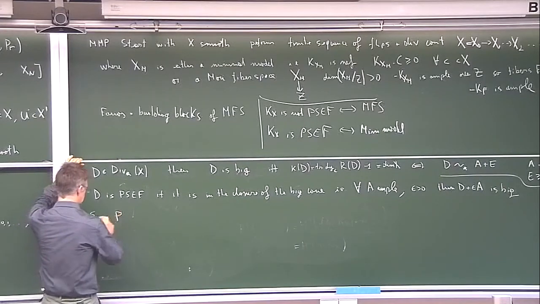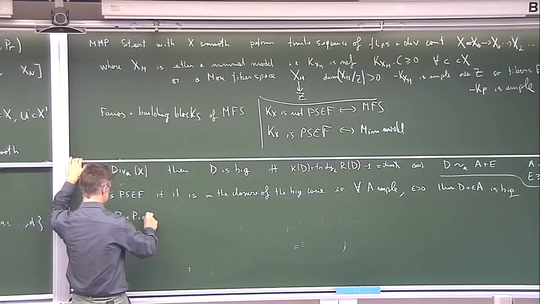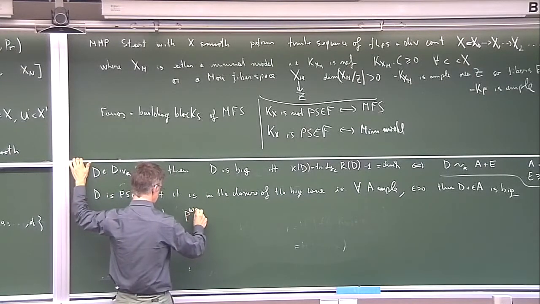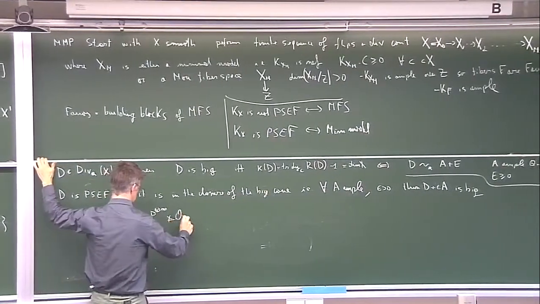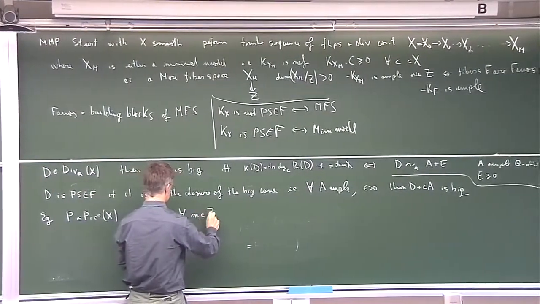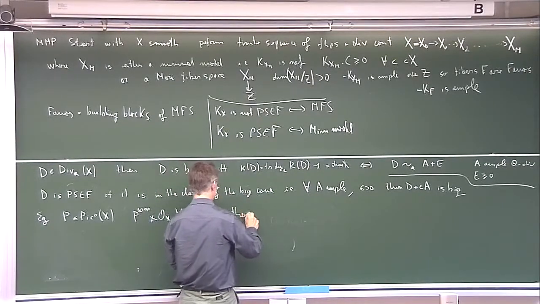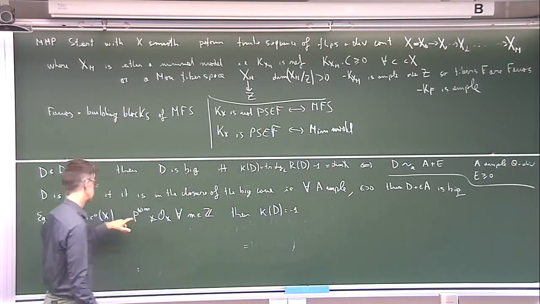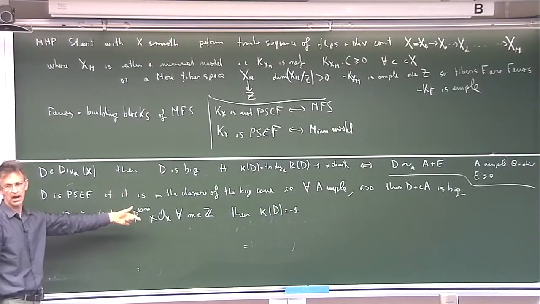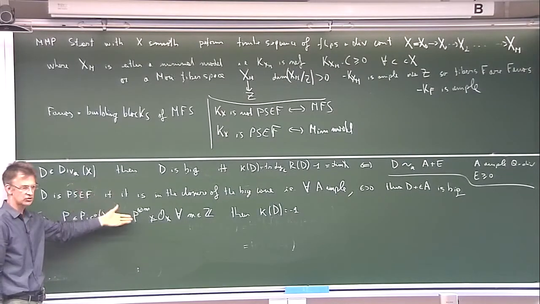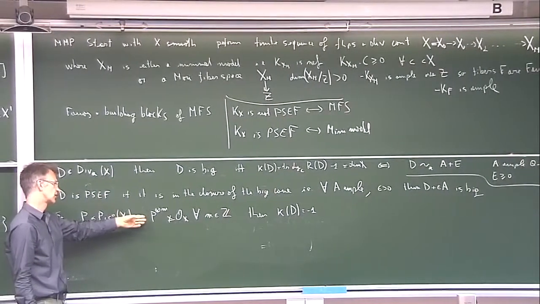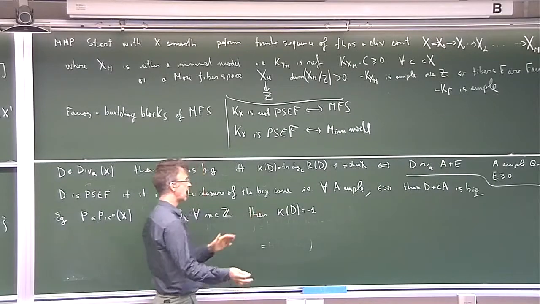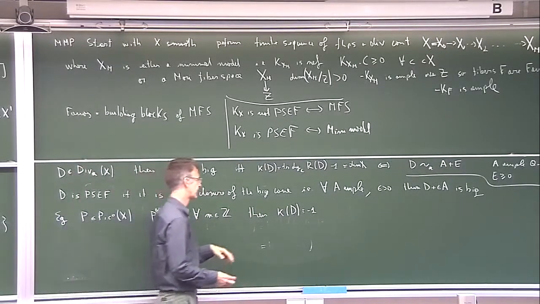For example, take a topologically trivial line bundle P with the property that P to the tensor M is not torsion for every M in Z. Then you see the Kodaira dimension of D will actually be minus infinity, or -1 in this convention. Since this is non-torsion, no tensor power of that actually has a section. If you have a topologically trivial line bundle which is not torsion, then no tensor power can have a section. So that tells you that the Kodaira dimension is -1, as negative as it can be. However,